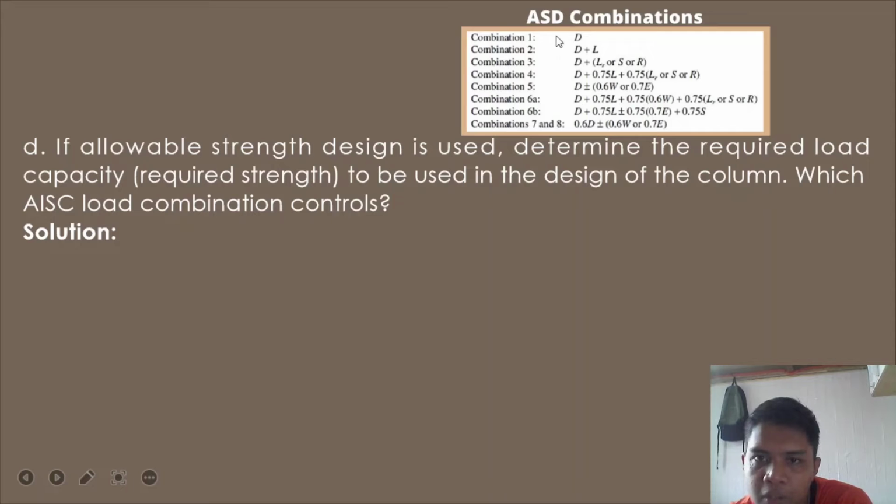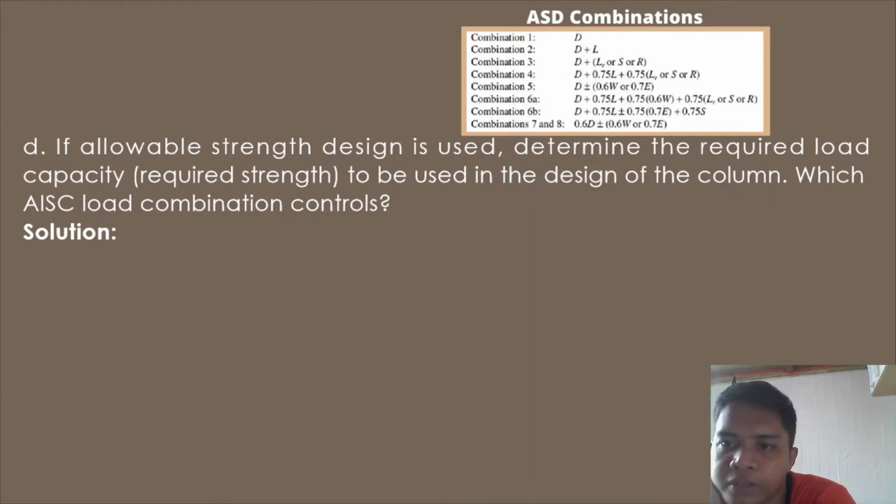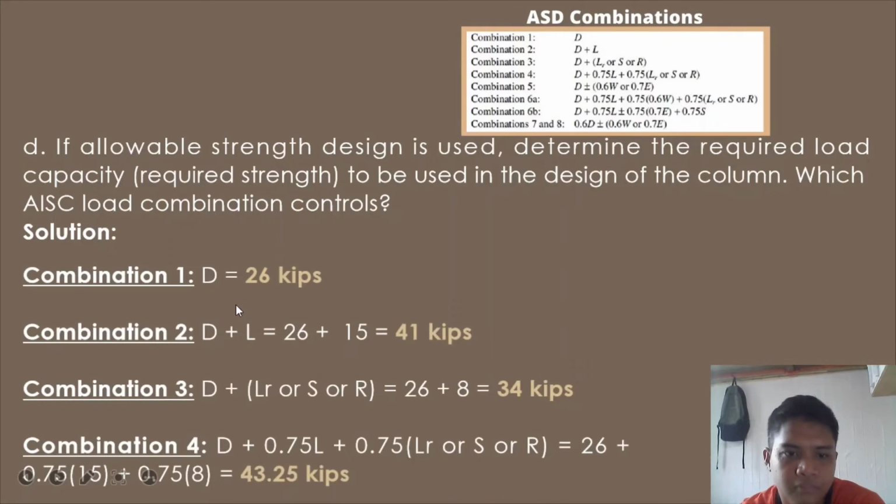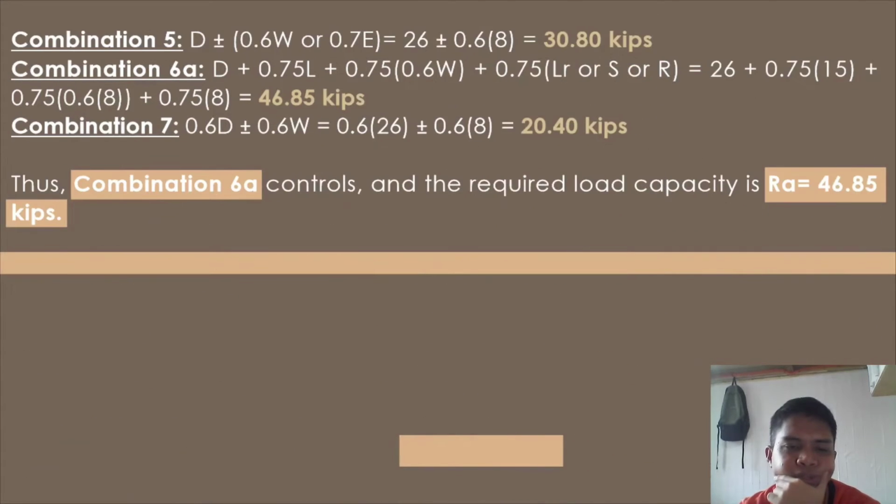Okay, CA. Combination 1 to combination CA, I guess. May wind man kasi tayo. Okay, next. Combination 1, 26 kips. Combination 2, 41 kips. Combination 3, 34 kips. Combination 4, 43.25 kips. Combination 5,